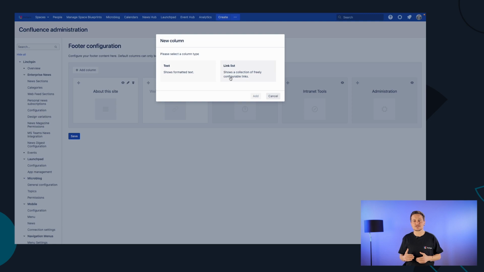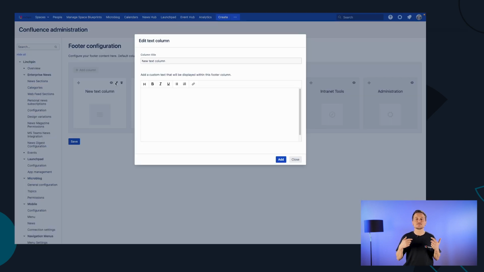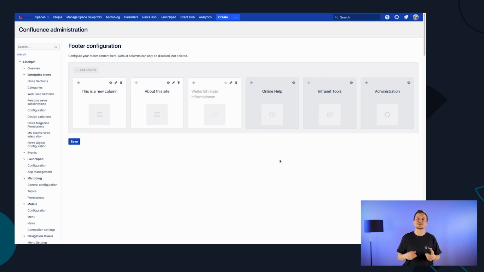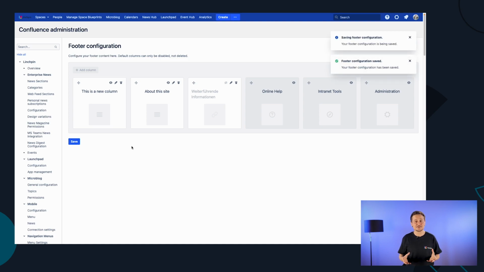Now you have the choice. Do you want a list of links or a text field? With the new text field, you can place a formatted text in the footer column, for example with information about feedback options that your user may have in your system. You can display a total of 5 columns in the footer, and you can easily move them around in order